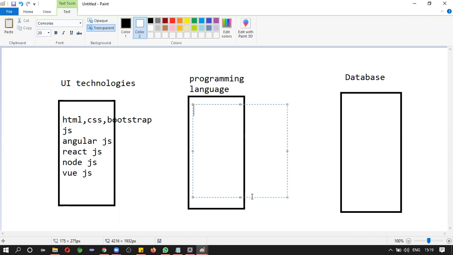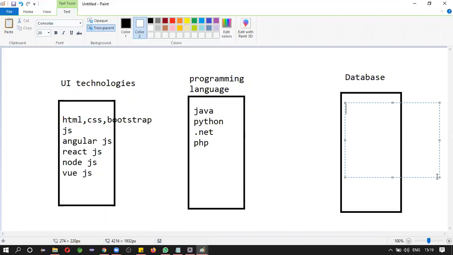When it comes to programming, you may see Java, Python, .NET, PHP. You will see this. Okay, when it comes to backend, you may see MySQL, Oracle, MySQL Plus, MongoDB. Okay, these are 3 layers.